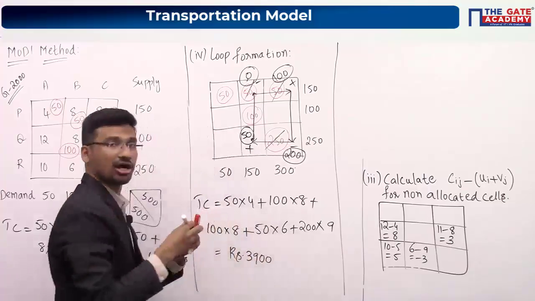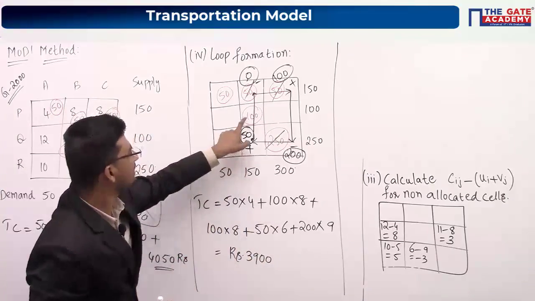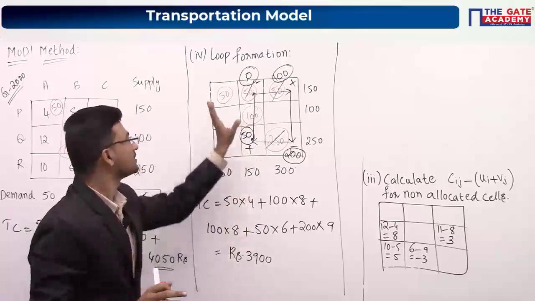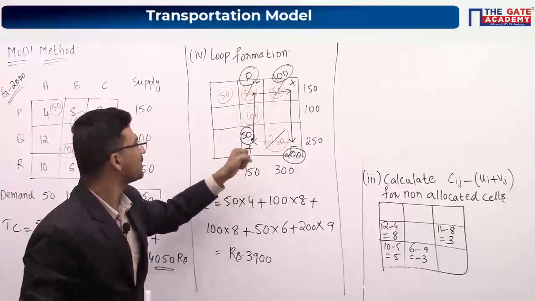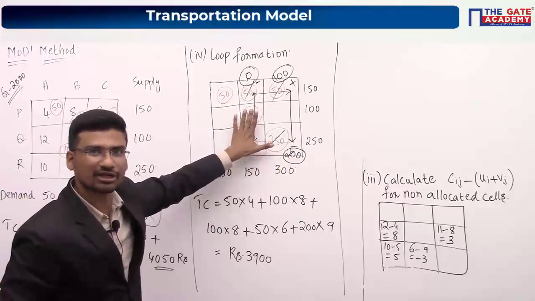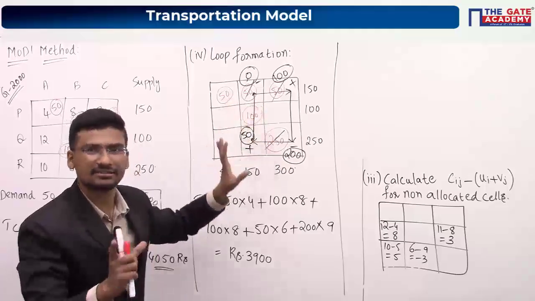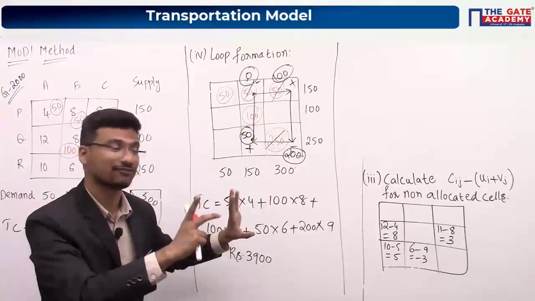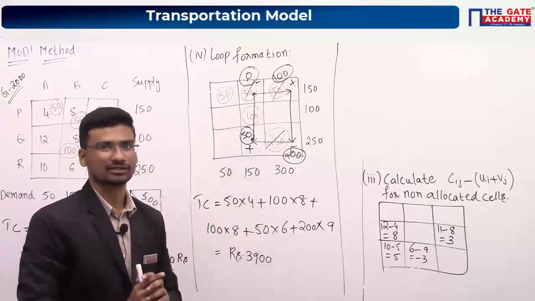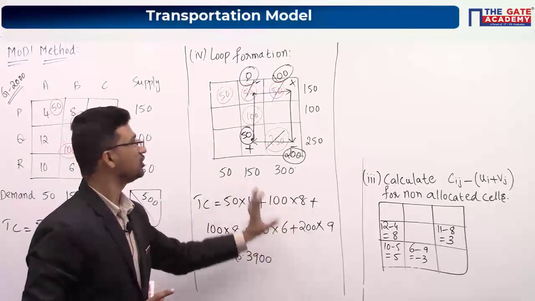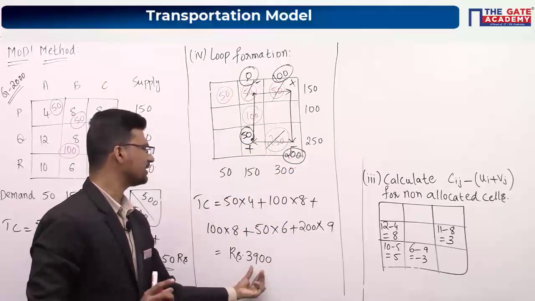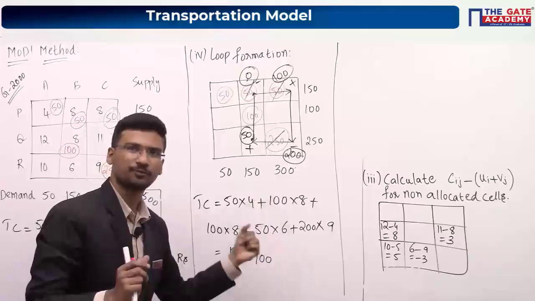So maybe you might have got this doubt also. Why are we considering this 100? Okay, don't worry. You have to take all the 5 allocations. What are your new allocations? 1, 2, 3, 4 and this is also your allocation. Okay. So this you have not changed. That doesn't mean that you should not take that in the final total cost. You have to take that also in the final total cost. So these are your new allocations and this is your final total cost, which is 3,900. I guess. Please check this value.